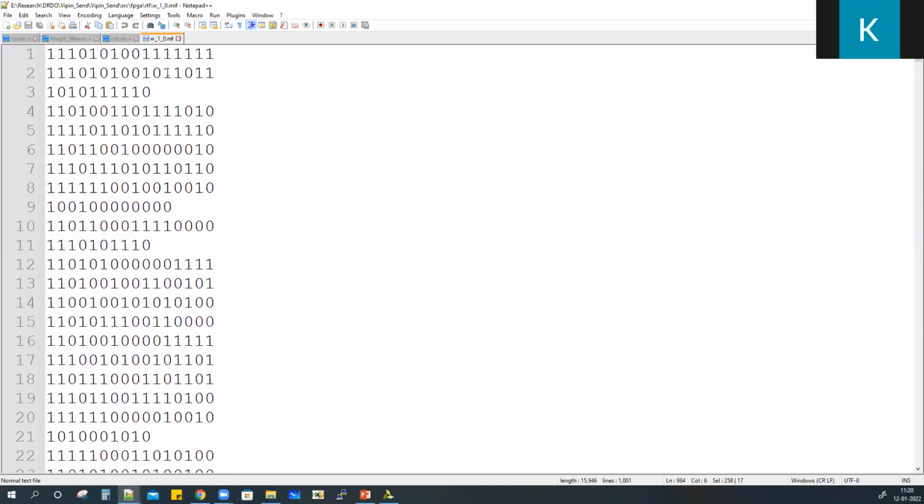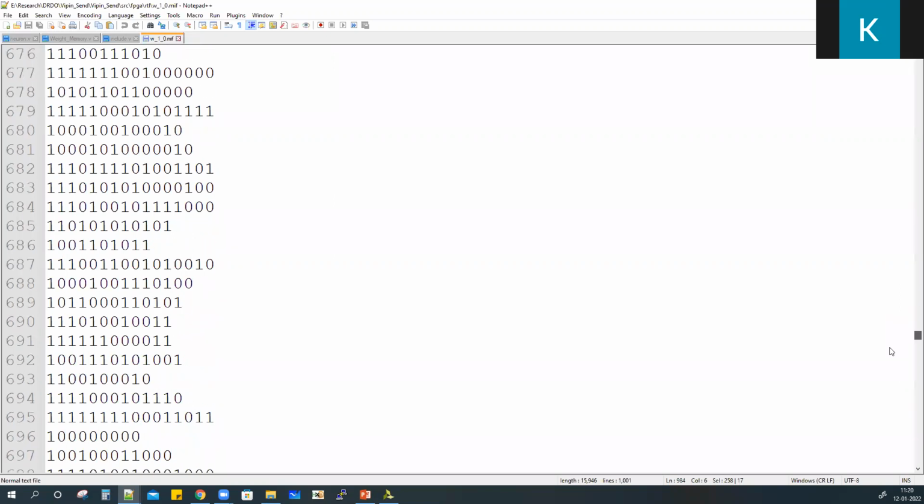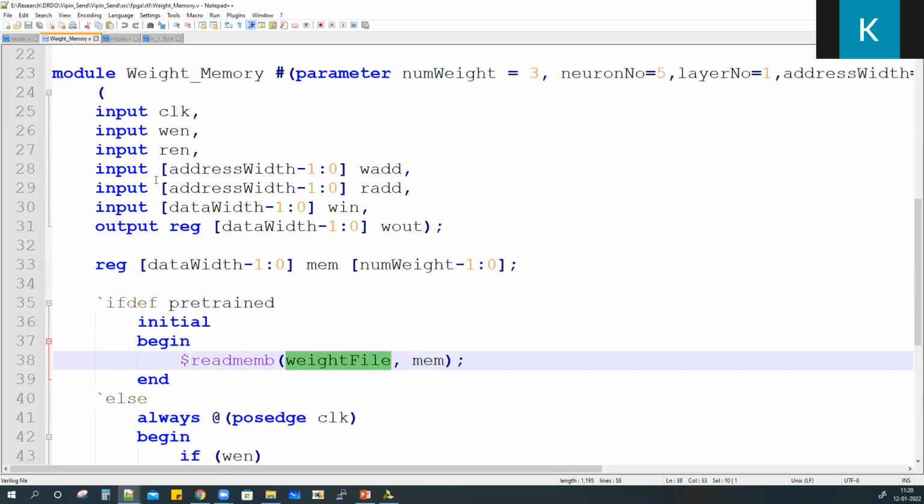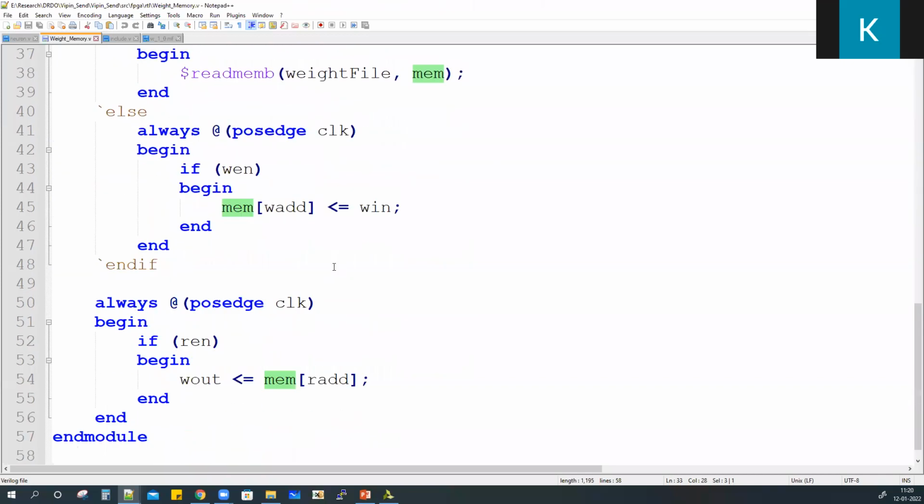So this is the weight file for the 0th neuron in the first layer. He has 1,000 inputs, which means he needs 1,000 weights. So these are those weights. At design time itself, Vivado will read this file and directly initialize the memory with those values.